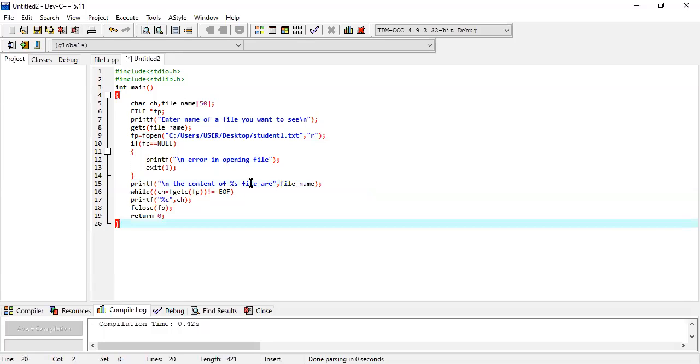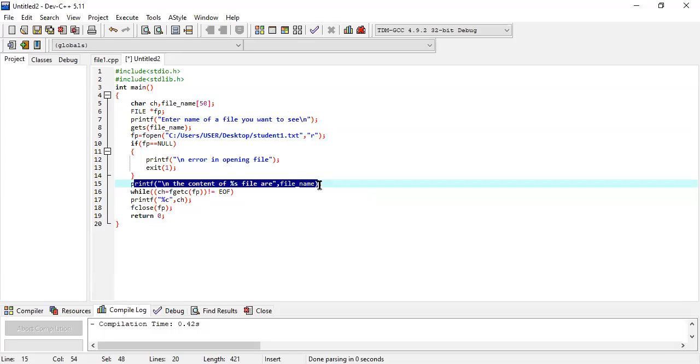So all the content of my file, this student one, this line is directly printed in my output monitor. So now I'm going to print all the contents of student one. The student file is a string, that's why I use %s here, and the variable name is file name. Whatever your file name is, it will print directly in that particular place.